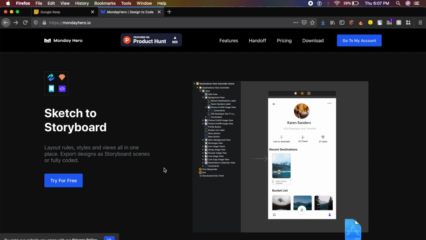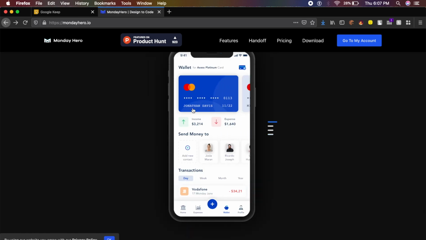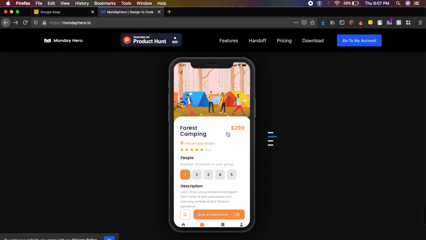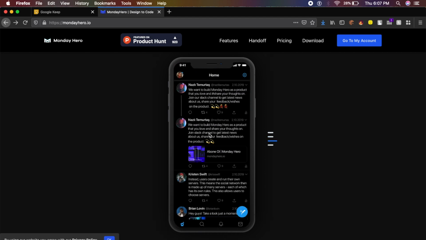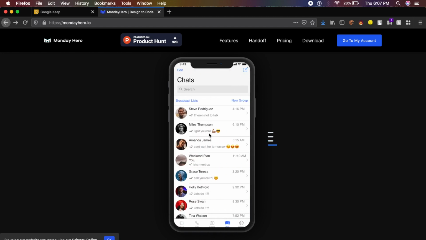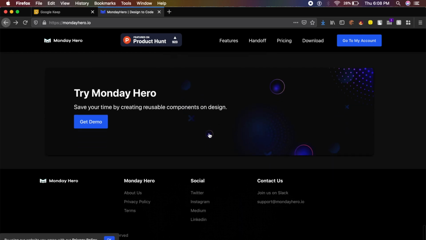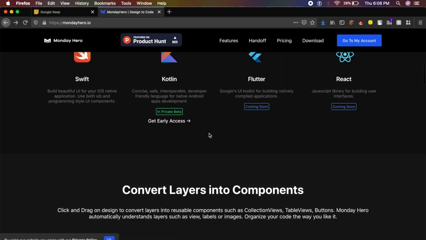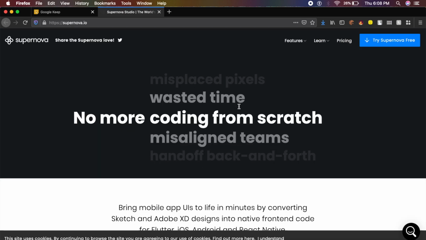It makes advanced level app development easy for designers who don't really know how to code. They also show a bunch of examples right here that they've created all these high fidelity designs into actual coded applications using Monday Hero. So if you're looking out to create an actual application, you don't know how to code, but you know how to design, I think this is one of those perfect applications for you, and it's available for free during COVID-19. The next cool application is called